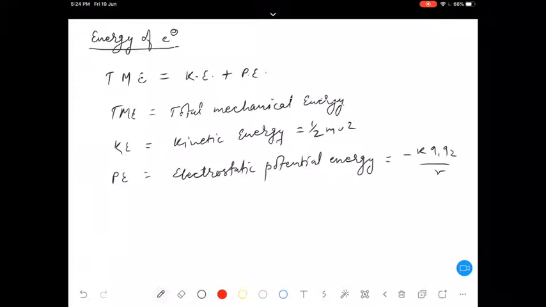Okay, I'll first start with the gravitational potential energy. I guess many of you are familiar with it. Gravitational forces and electrostatic forces are quite similar, but the problem is that gravitational forces are only attractive in nature, while electrostatic forces can be attractive as well as repulsive, because mass we consider of only one type, positive mass, right? While charge can be positive as well as negative. So I'll first start with this gravitational potential.